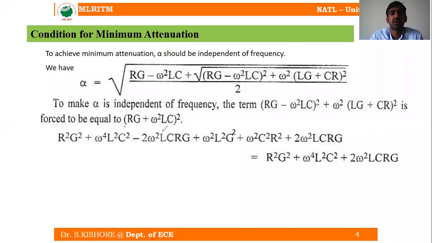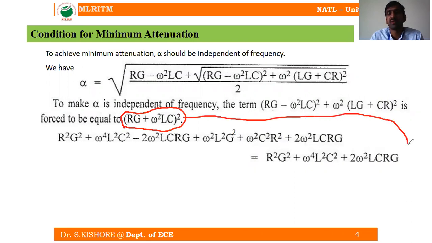So this is the condition I have taken: Rg plus omega square Lc whole square. The same case applies for the distortionless line also. If it is distortion free, we should make this one, that means the signal should be independent of the frequency. So this is with respect to the RHS side, and if you take the left hand side,